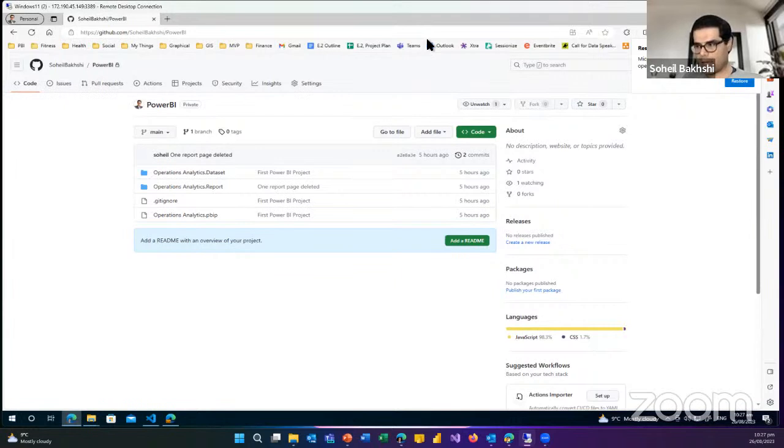We only had PBIX and PBIT files, which are binary files. They are just like a Word document or Excel, right? And proper source control is not available on a PBIX or PBIT file. So what was perhaps our workaround? In the absence of proper source control, what about version